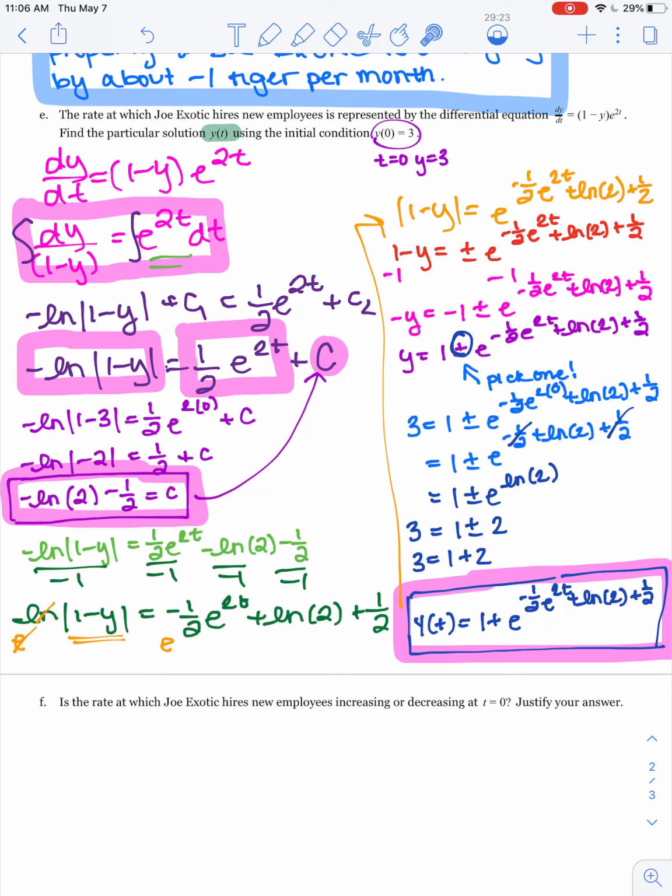Properties of exponents may have left you with a slightly different answer, and I was watching for that. So if you got 6 out of 6 but don't have y of t in this form, chances are you did some manipulation with your exponents, which is totally valid. Go ahead and check out the next video if you want to see what was going on with parts F, G, and